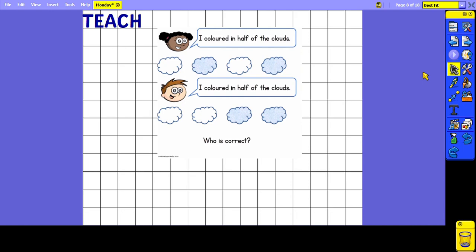This time we've got a reasoning question. So we've got 2 children and each child has drawn 4 clouds. And they both think that they've coloured in half of the clouds and we need to decide who is correct. So if we start up here,